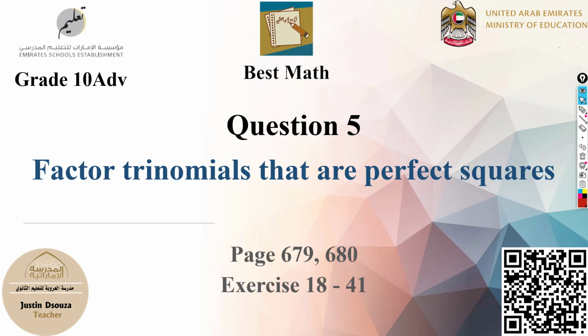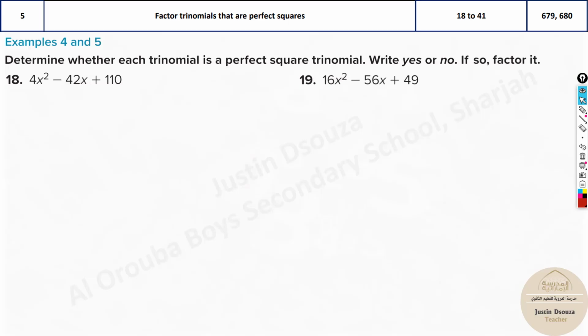Moving on to question 5, this is to factor trinomials that are perfect squares. Here we have questions like this. So we have to determine whether these trinomials are perfect squares. Now if you look carefully, they're all quadratic equations. If you recall, there was this formula for a perfect square. Perfect square means, say, for example,